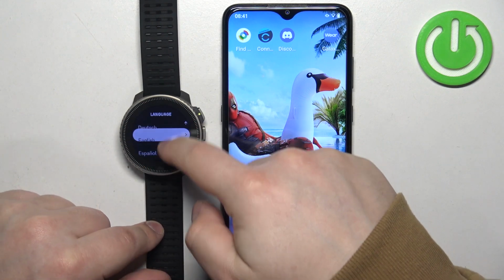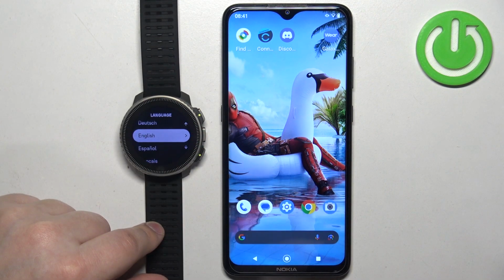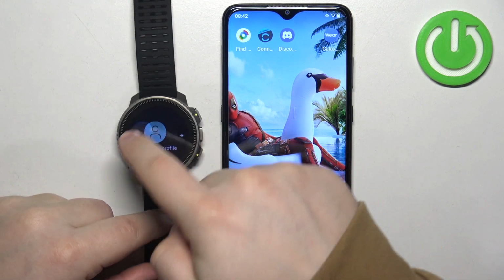Here you can swipe up and down on the screen, scroll through the list, find the language you would like to use on your watch, and once you find the language you can tap on it to select it. After you select the language, you will need to set up your profile, and you can do it by swiping left,